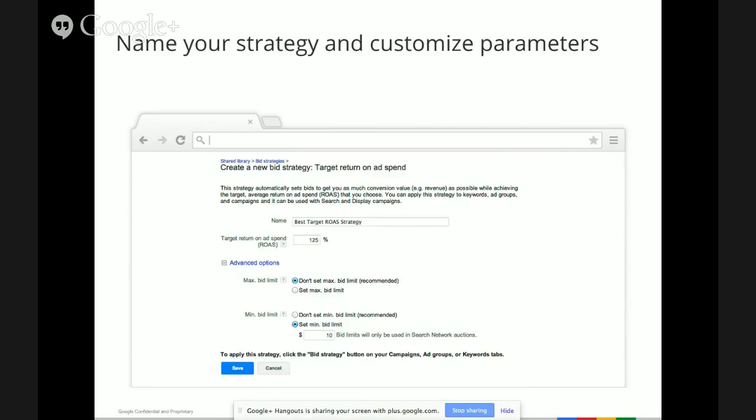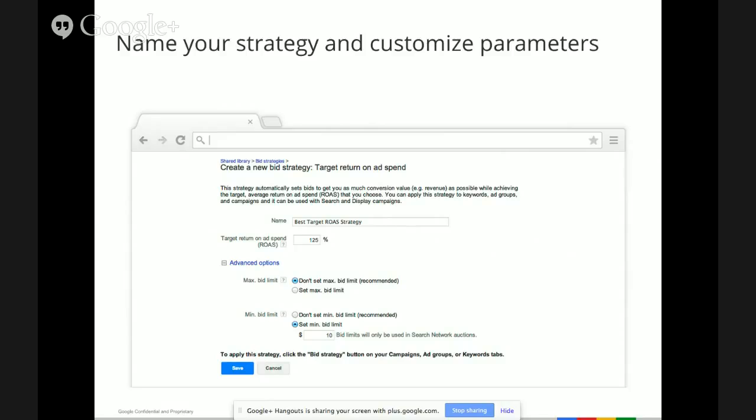Second is to actually apply your target. And this is a little tricky. In this UI, we ask you for a percentage. When you're actually in the AdWords interface, the metric that you're looking at is conversion value over cost, which is effectively advertising profit or return on ad spend. We give you that as a number as opposed to a percentage. So if you get $10 in revenue for every dollar in ad spend, we'll report that as 10.0. In this interface, when you're setting your bid, we need a percentage. That would be 1,000%. So just make sure that you are looking at the whole number in the campaign settings area or in the campaign reporting, and you're doing a percentage when you set the bid strategy.